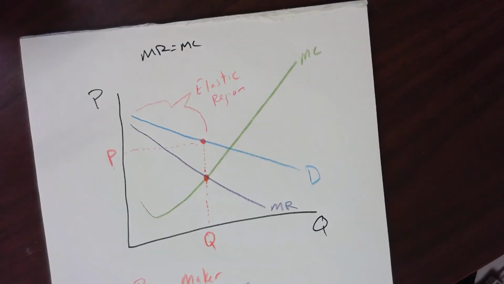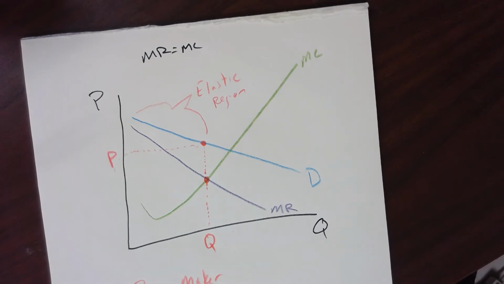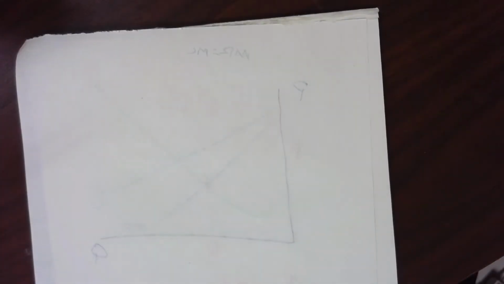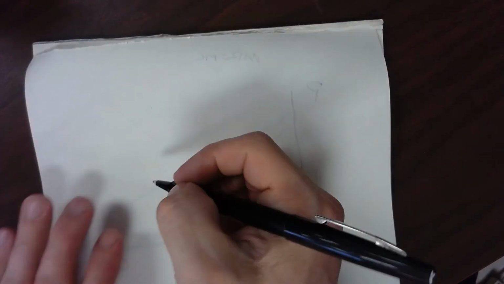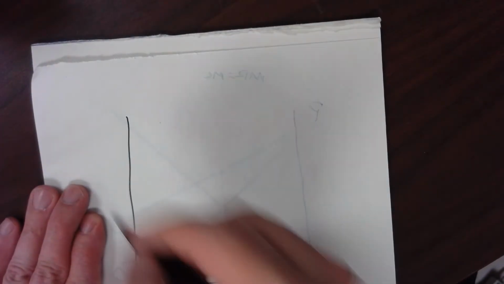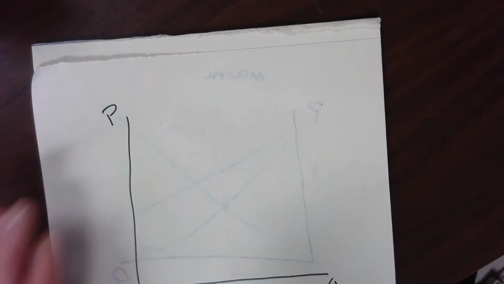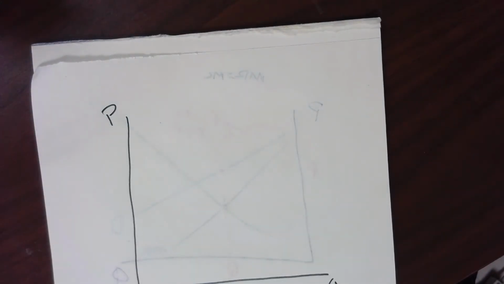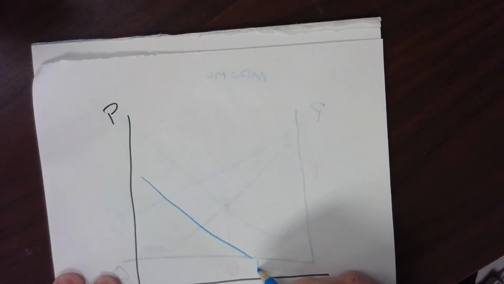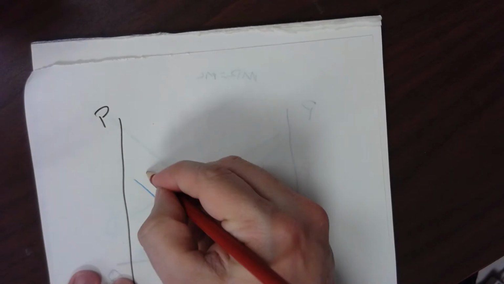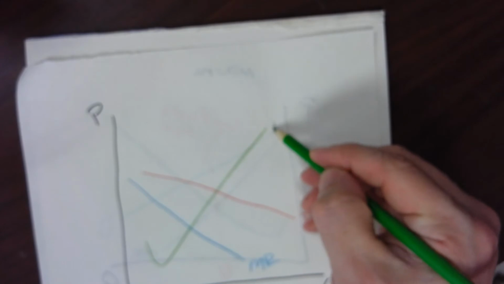Now, just like in pure competition, we want to know if a monopoly is a profitable monopoly or a bad monopoly. Does it make money? Because after all, what is a monopolist's goal? To make money. So let's draw out our situation here. You got your MR curve, you got your demand curve, you got your MC curve,